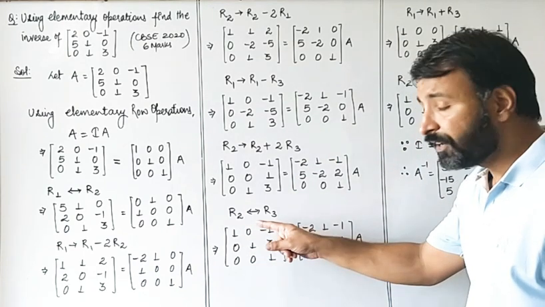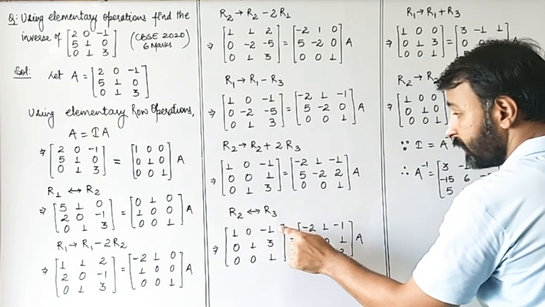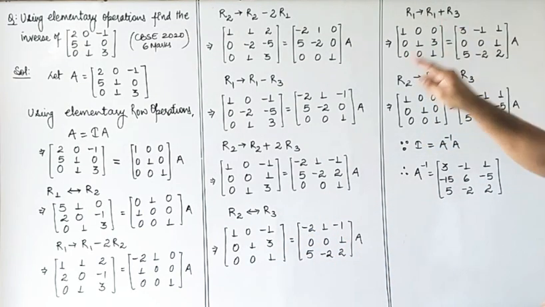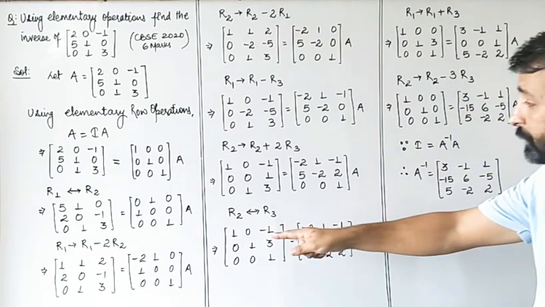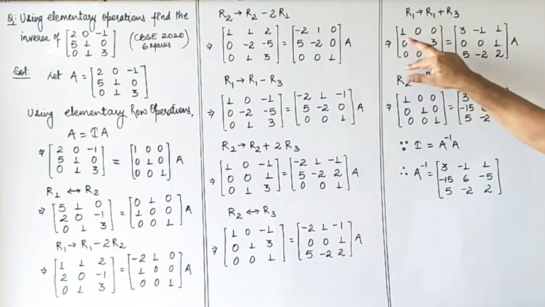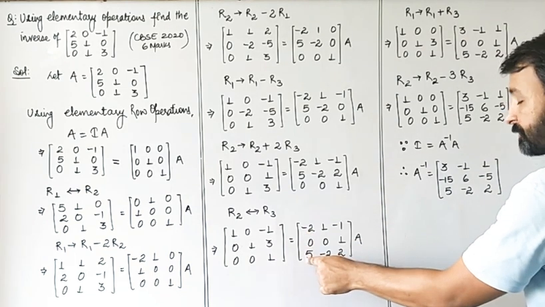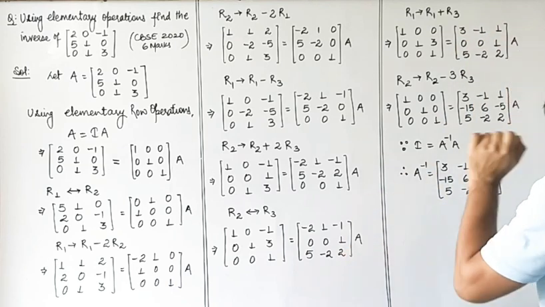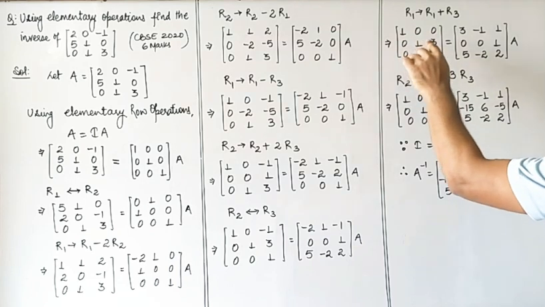What we have to do now is we have to make this minus 1 as 0. ठीक है, इसे जीरो करने के लिए हम लोग क्या करेंगे, -1 में 1 ऐड कर देंगे. So we will apply the operation R1 tends to R1 plus R3. ऐसा करने से बच्चों 1 plus 0 is 1, 0 plus 0 is 0, -1 plus 1 is 0. Rest of the two rows will remain the same. Similarly, -2 plus 5 is 3, 1 minus 2 is -1, -1 plus 2 is 1. Rest two rows are same.